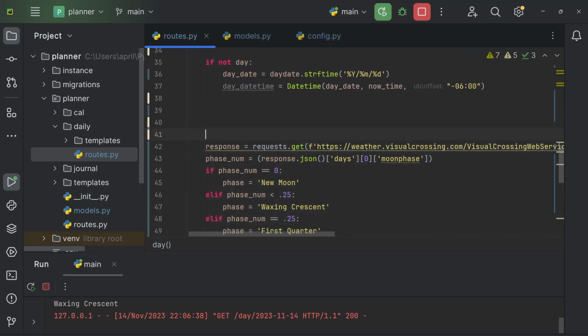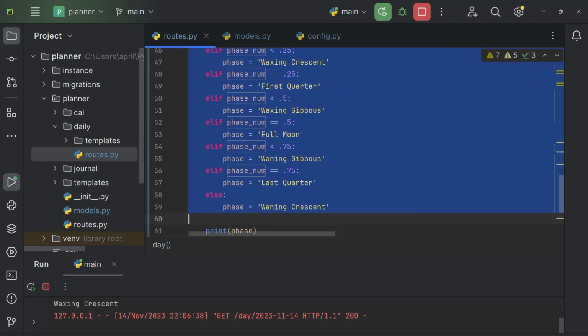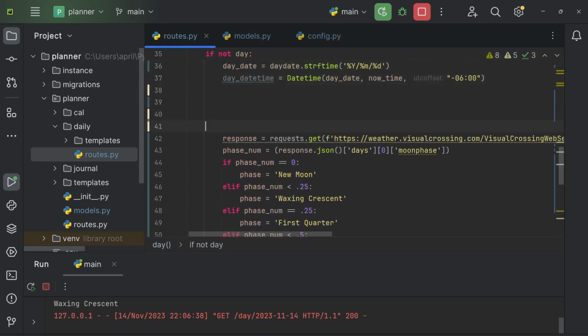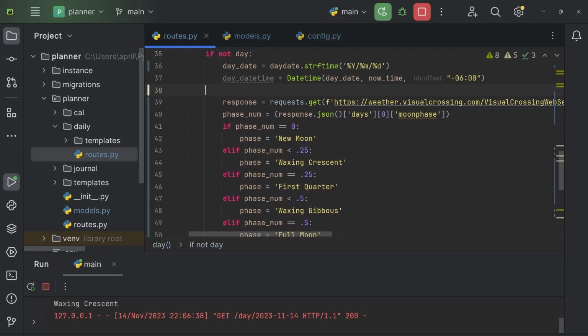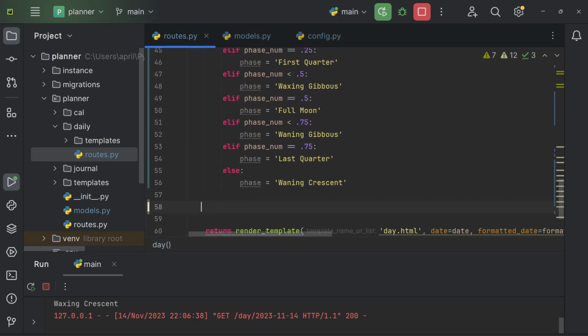So if there's not a day, because if there is a day, we're already going to have the moon phase and everything. So we only need to run this code if day doesn't exist. So we'll indent this, put it up here, and we'll get the moon phase. So once we've got the moon phase, then we will say moon phase from our database is equal to,